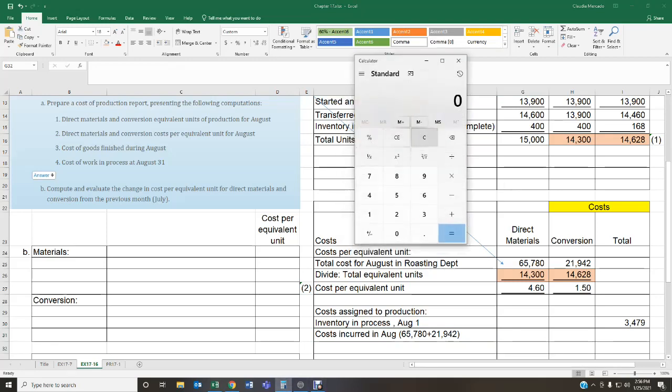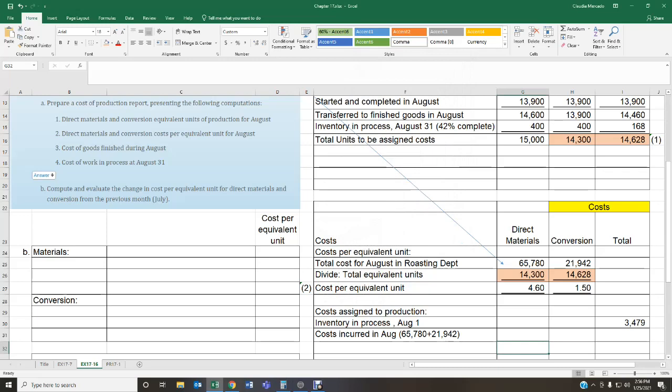Sorry, I got a brain freeze here. 65,780 plus 21,942 gives me 87,722. So that number goes right there, 87,722. Now we add those two to get our total